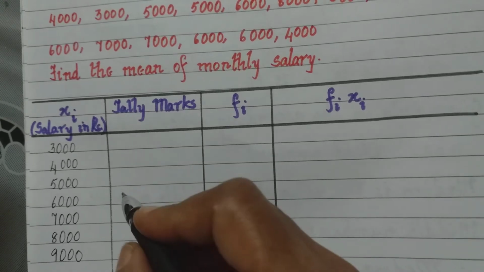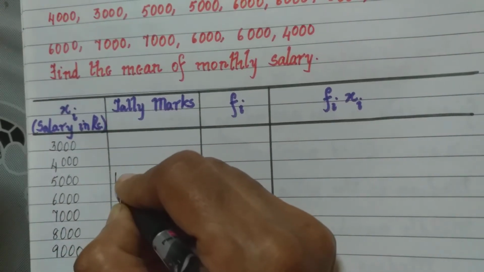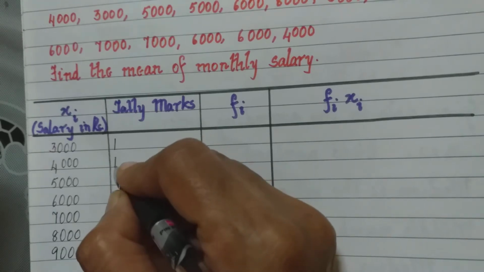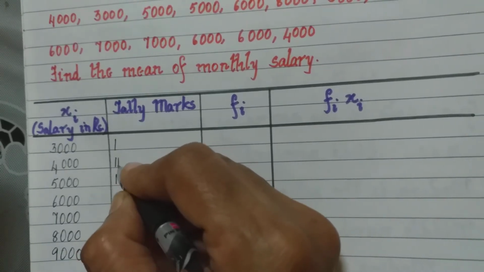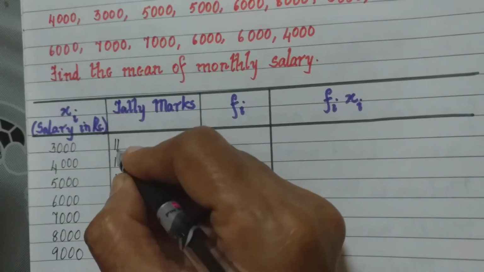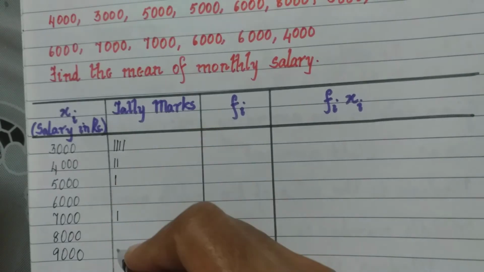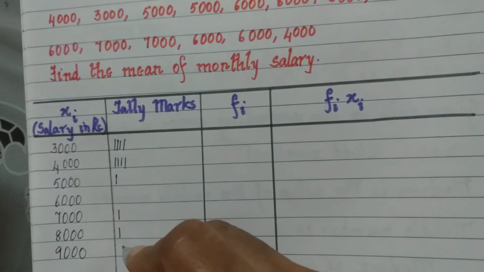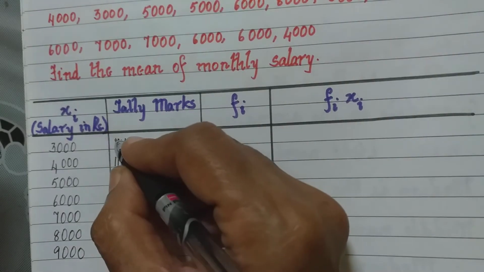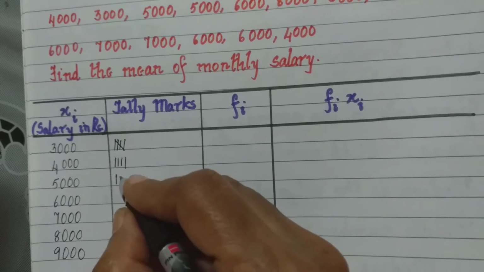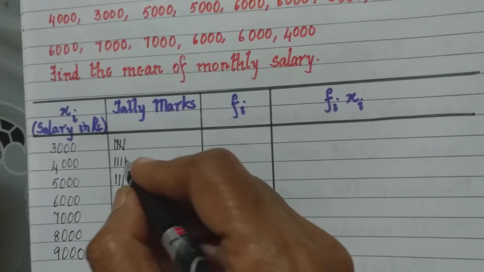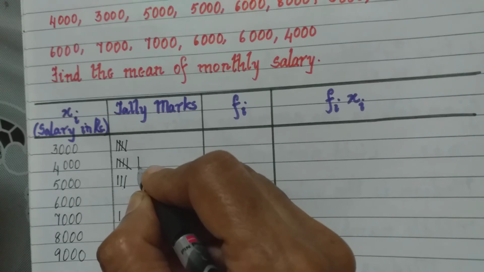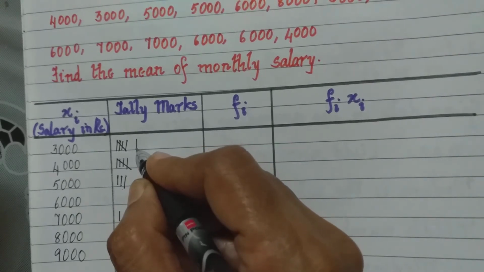First of all we have 5,000, then 7,000, 3,000, 4,000, again 4,000, then 3 times 3,000, then 8,000, 4,000 twice, then 9,000, 3,000, 5,000 2 times, then 4,000, again 4,000, 3,000, 5,000 twice,